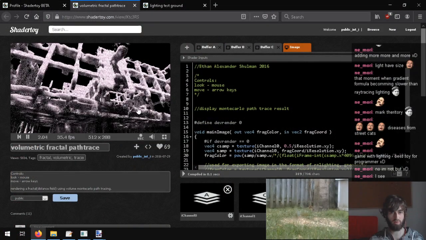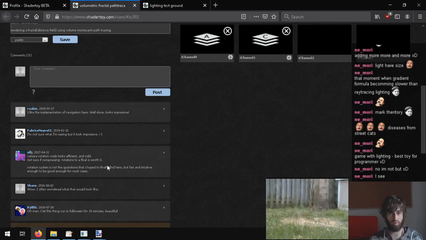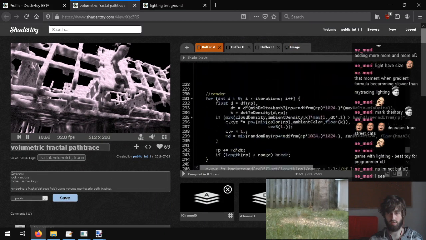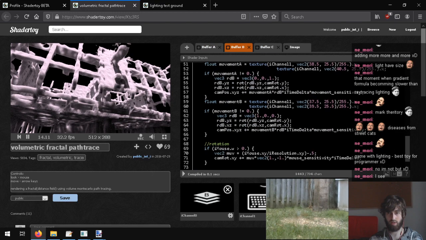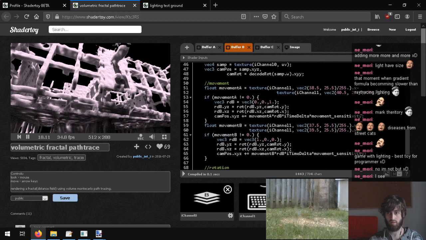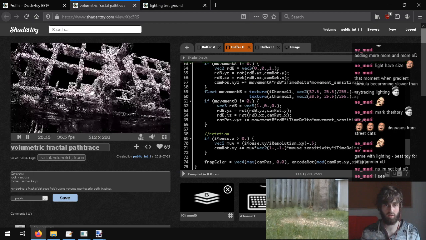That's how it renders so fast. Oh, and I just realized this is broken. The navigation here is broken. Hold on. I can fix this. Maybe. Shader Toy updated their look movement, and it